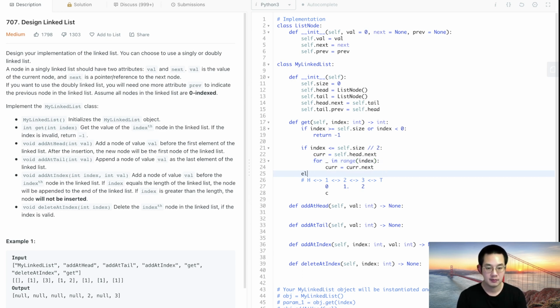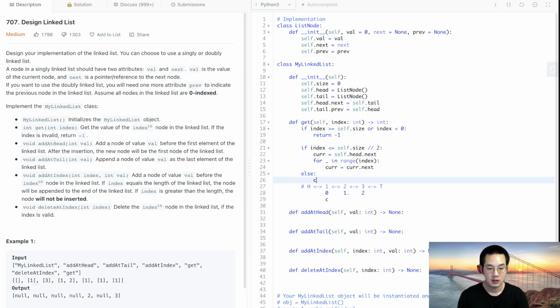Else, if we make a mistake, we'll have to come back and fix it later, but we'll just take our chances here. So self.tail.prev. So we start at our index. So we have 0, 1, 2, index 2, and 1. Well, 2 is going to be greater than our index, and so